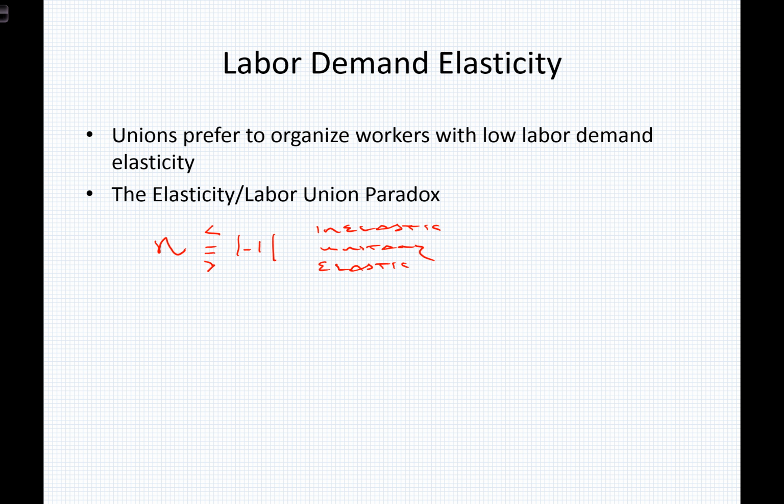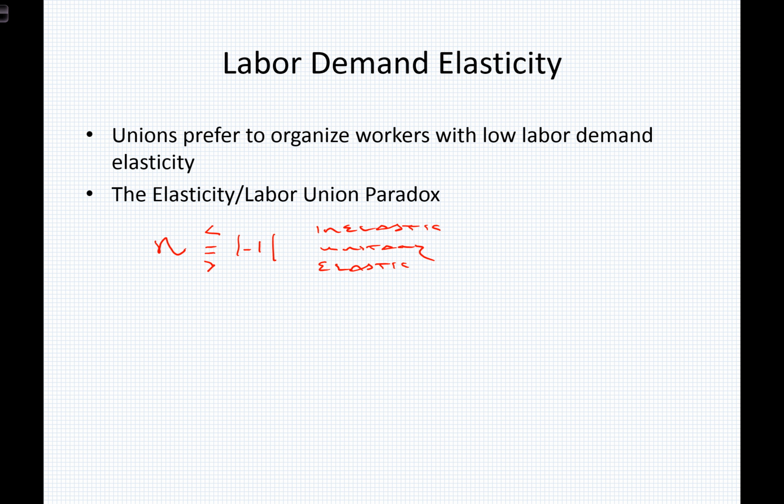Well, think about this. A labor union organizer wants to be able to offer wage gains to their workers without having to deal with pesky job losses. So that would suggest that they would prefer to organize the more inelastic workers in society. However, in our labor market, those workers that are very difficult to substitute have a lot of their own power over producers, and because of that, they're in less need of union organization. However,